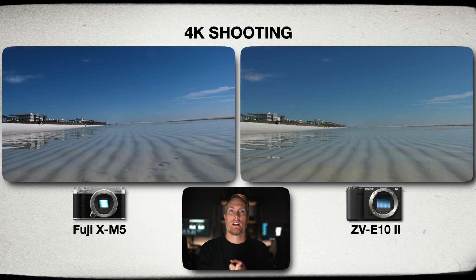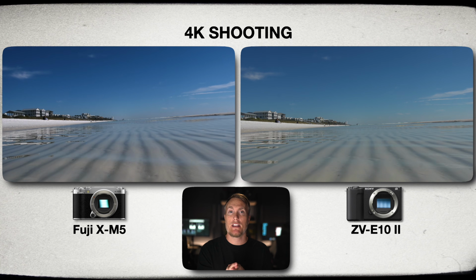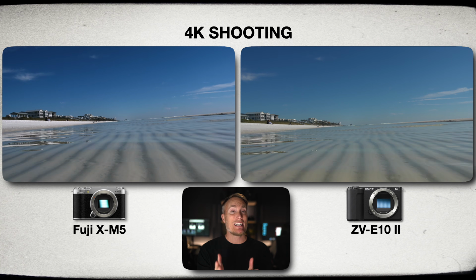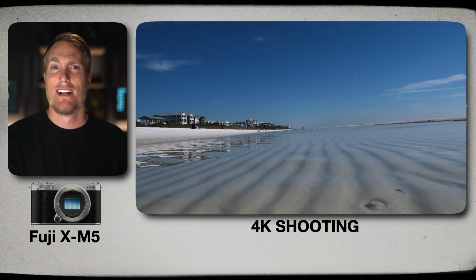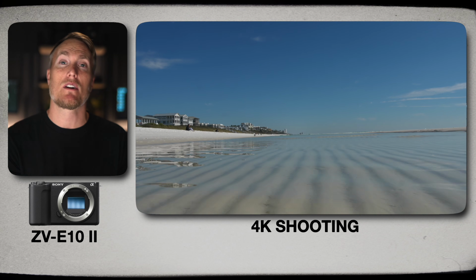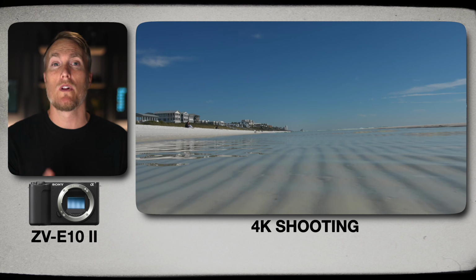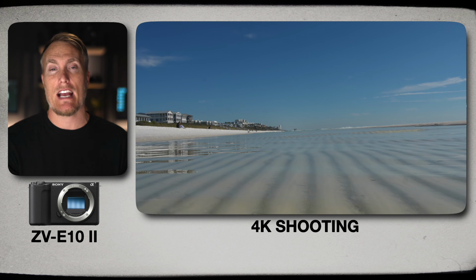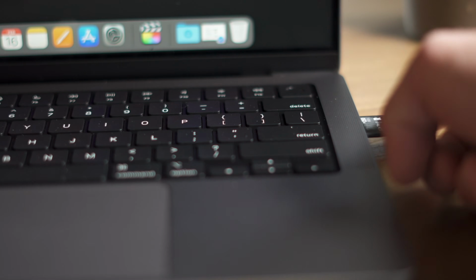This translates to quicker burst shooting, smoother 4K video recording, and even better yet, faster file transfers to your computer. So when it's time to offload all of your footage from either of these cards, the ZV-E10 Mark II's UHS-2 card will offload much faster than the X-M5. But UHS-1 cards are still a lot cheaper, which means you could buy more of them and leave them